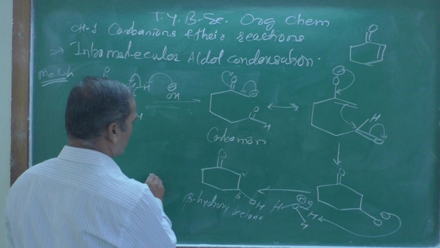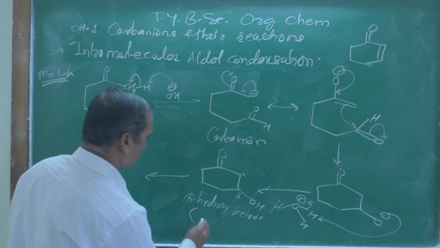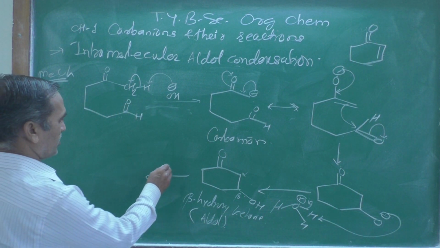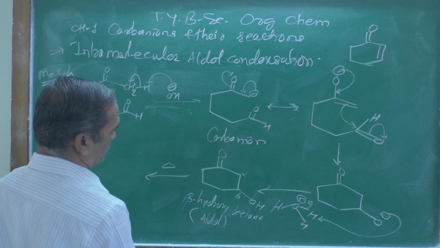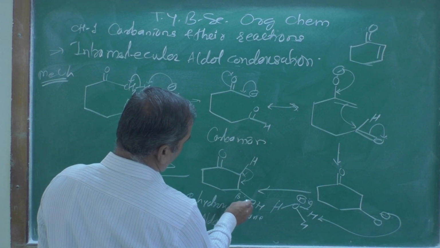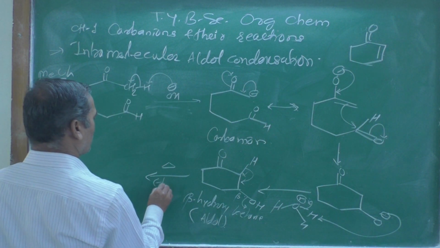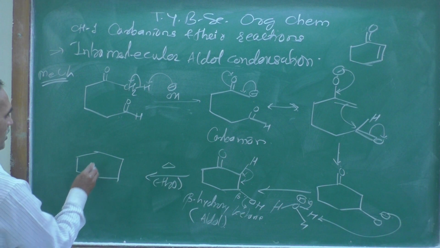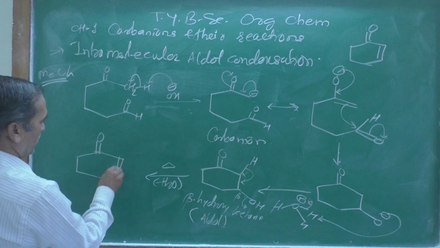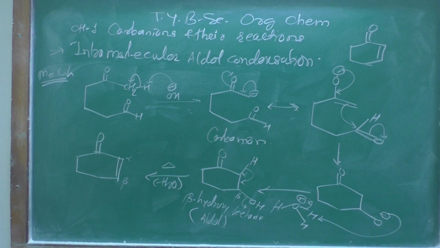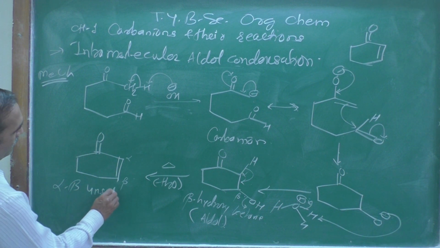ketone, and the common name of this beta hydroxy ketone is aldol, and that aldol is very unstable. We just give heating, and just after heating there is an elimination of water like this: one H from here and OH from here. The resulting compound formed is an alpha beta unsaturated compound, C double bond O, with a double bond over here. This is alpha, this will be the beta, and now this is known as an alpha beta unsaturated